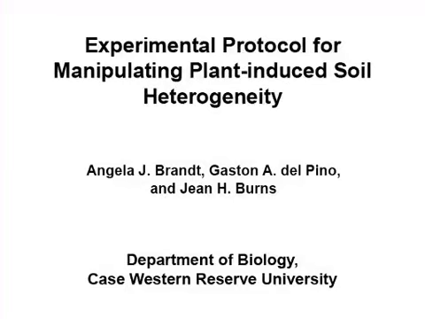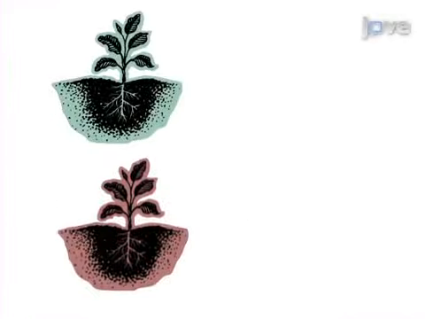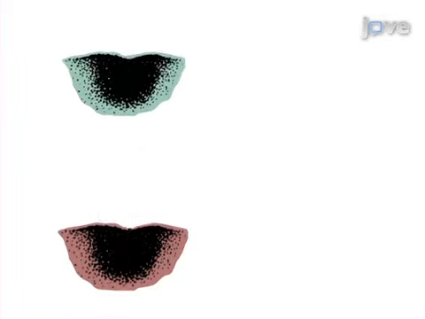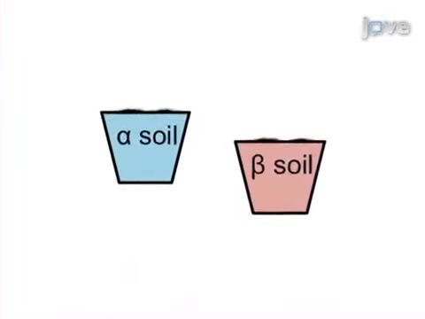The overall goal of the following experiment is to test the effects of plant-induced soil heterogeneity on plant populations and individual responses related to community assembly. This is achieved by collecting soil from individuals of two focal plant species in the field to represent different patch